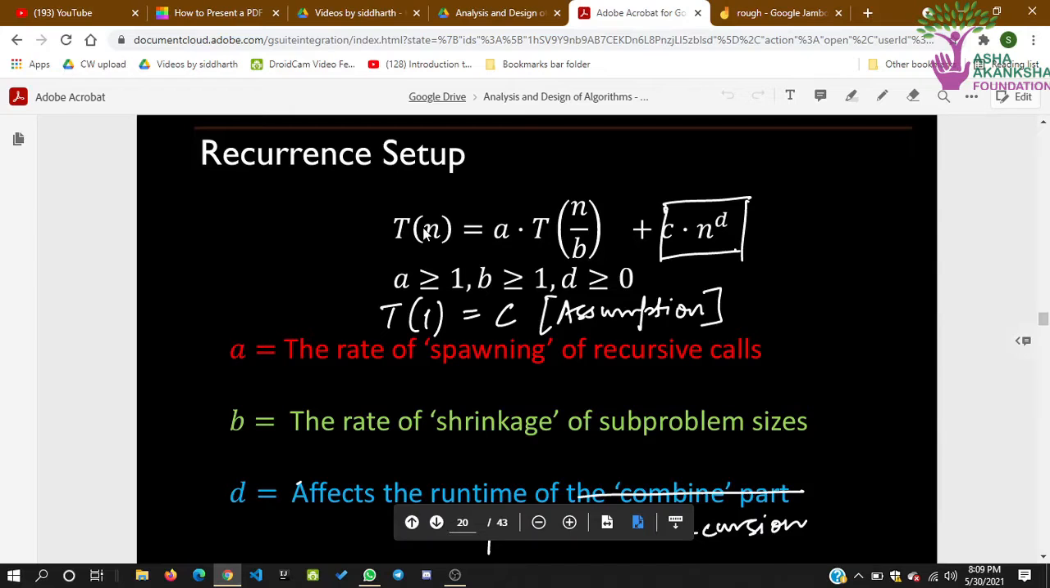I think you can easily look at it and find why the formula looks like this. Like Tn, you are given Tn. Now, as A is the rate of spawning, the main problem spawned A number of subproblems. So we take A into, now for each subproblem, the size reduced by a factor of B. So n by B. Now for each n by B size problem, we multiply it by A, or we can say that we add it A times, so that we can get